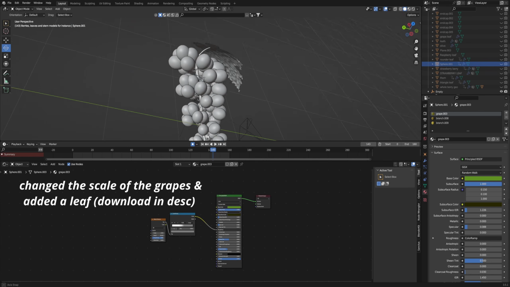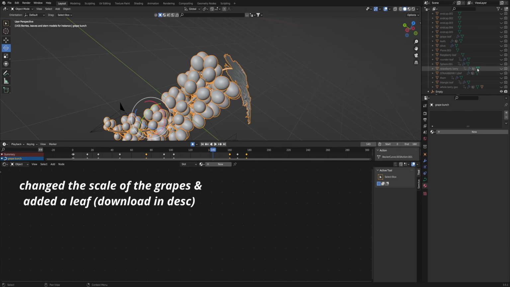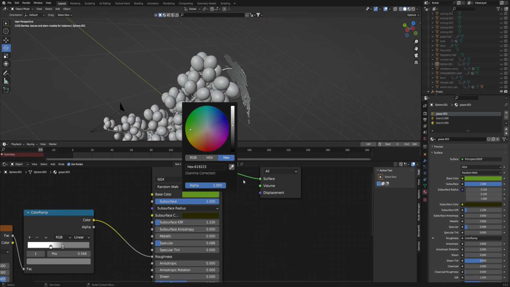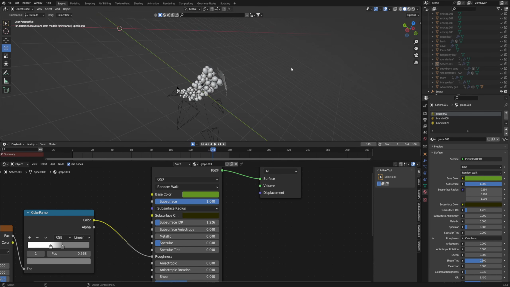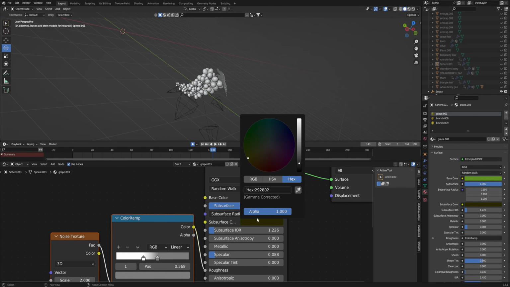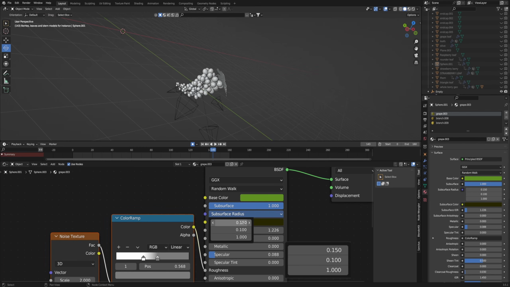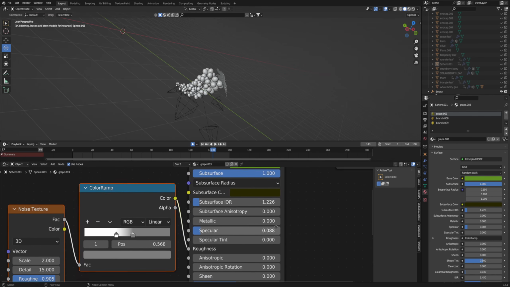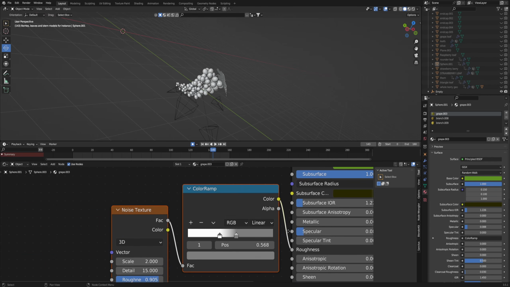So I'm just going to go over the materials for the grapes right now really quickly. So I'll have the hex values up on the screen, but this is the material that I have for the grapes individually. So this is the little sphere that we have. So base color, here's the hex value. Subsurface, here's the hex value. Subsurface radius, here's the values for this. I ended up putting the subsurface all the way up. And a little bit of specular down here.